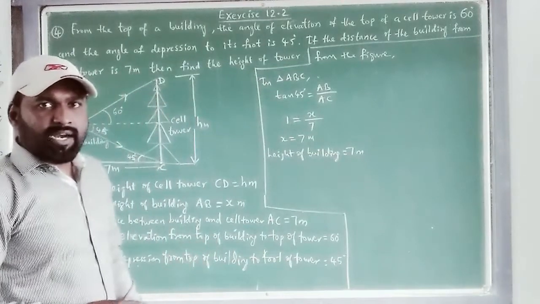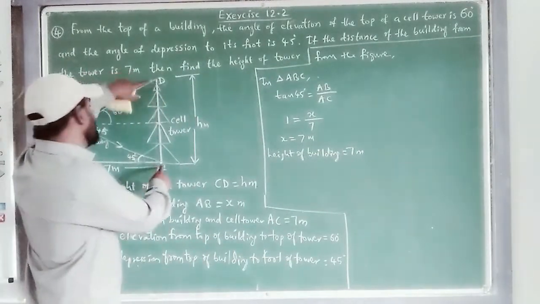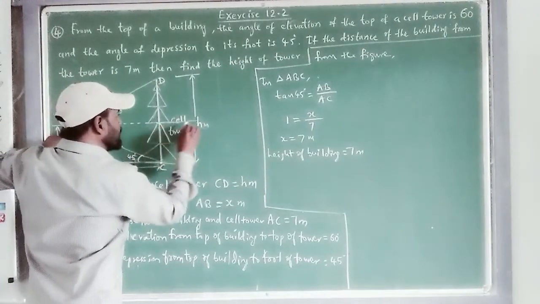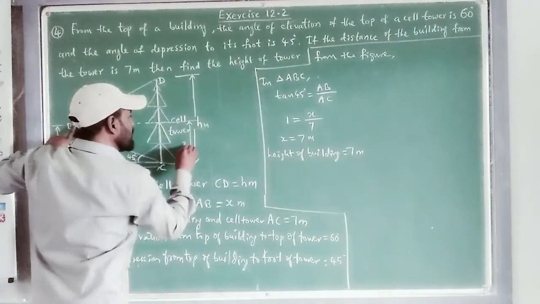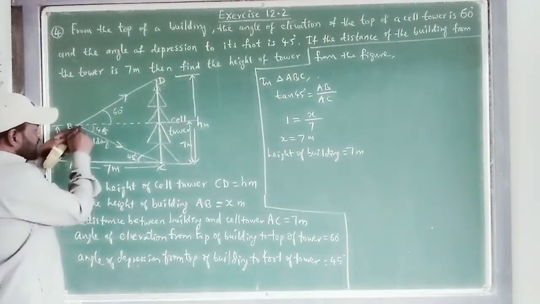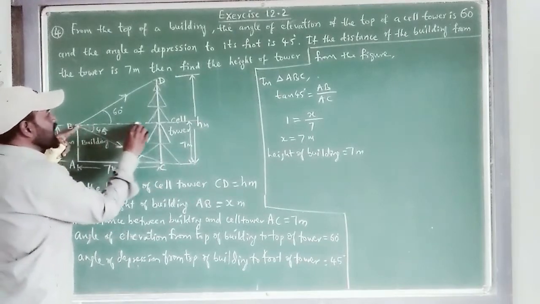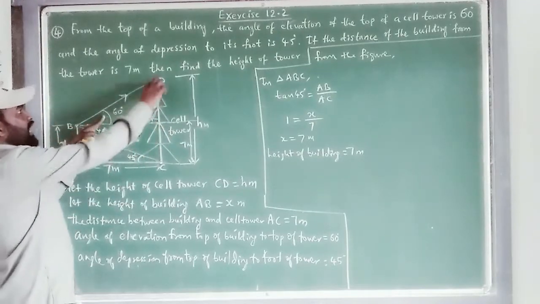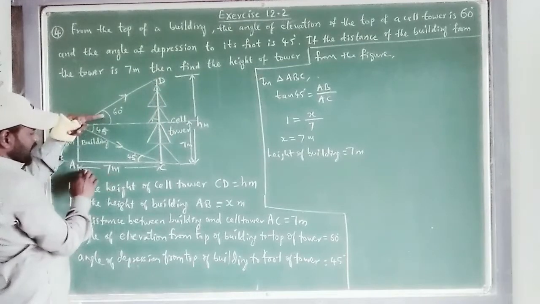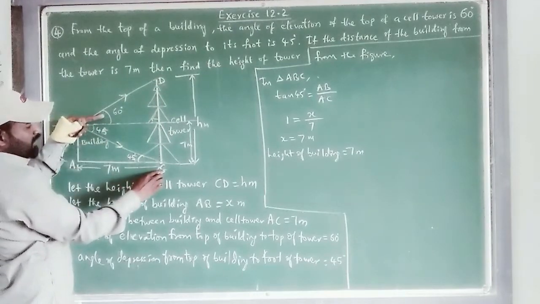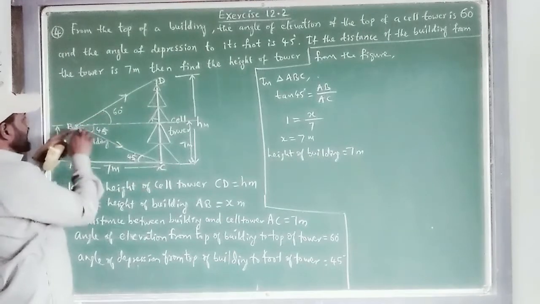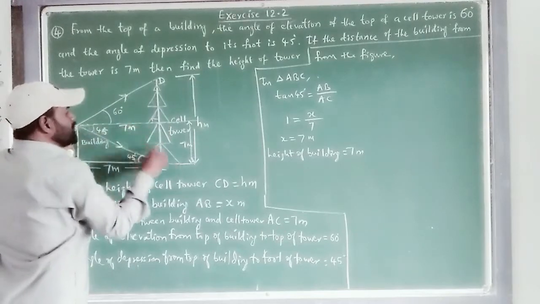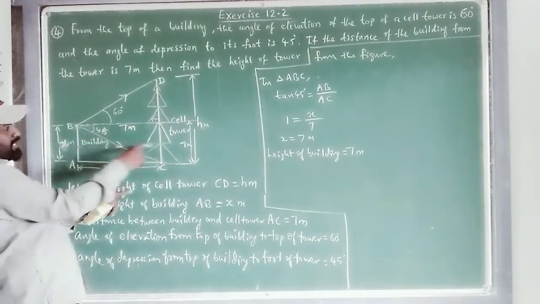But actually we do not want the height of the building. We need the height of the cell tower. Now this, how much we got? 7 meters. The same up to here it is 7 meters now. Now this line which is parallel to the ground surface, now this is also a right angle triangle. Here it is 90 degrees. The 7 meters, whatever the distance from the foot of the building to the foot of the tower, it will be the same from the top of the building up to this place. So here it is 7 meters. This x here, the same here also.